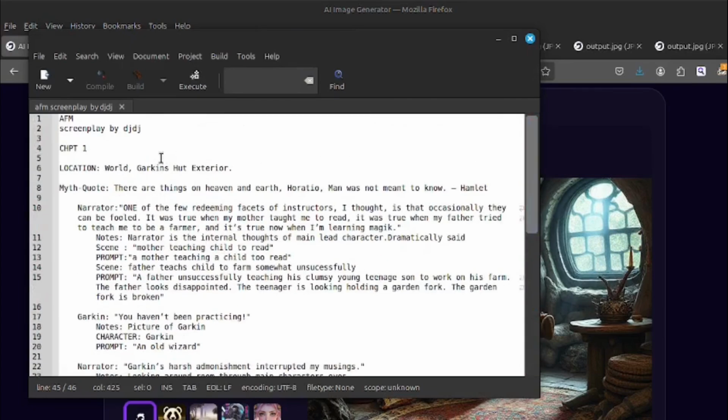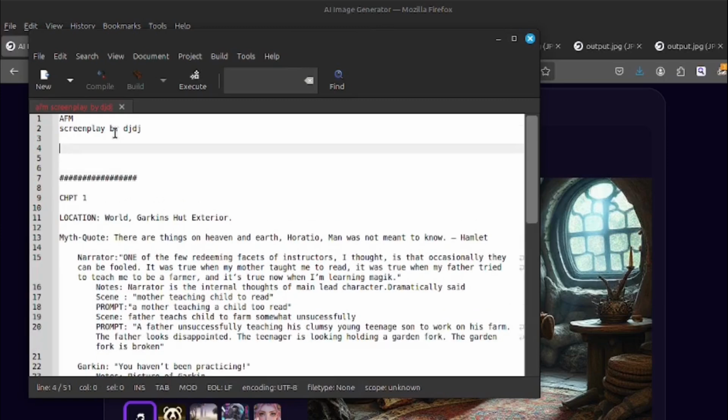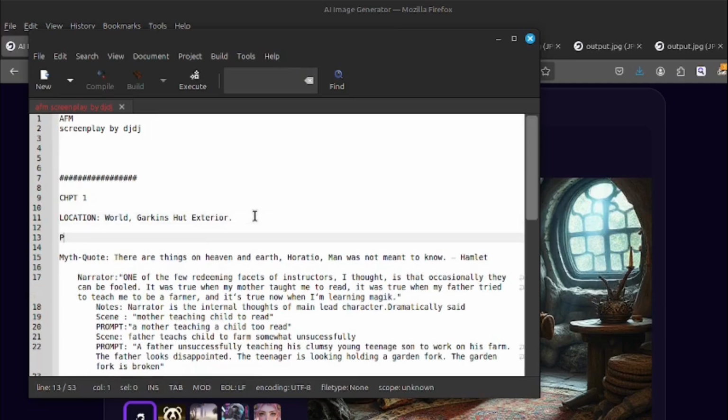If I jump to the top, before we enter chapter 1, I'm going to put some hash marks, since it's still part of chapter 1, then chapter 1 location, and put props. So, roast lizard bird.